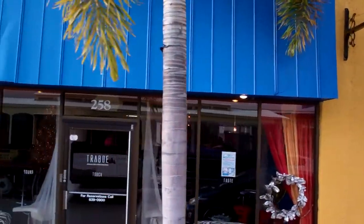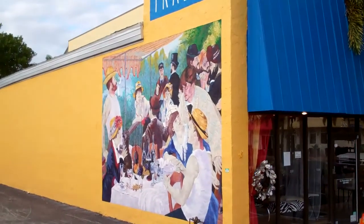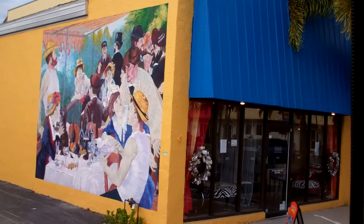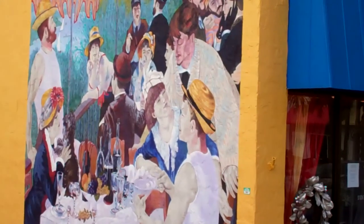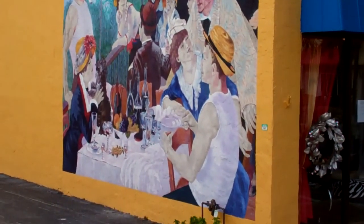There's a sign of the original name. Tribute is the name of this bar right here now. It's kind of a tapas bar. Charles Peck painted that. It looks like a derivative of what Monet or